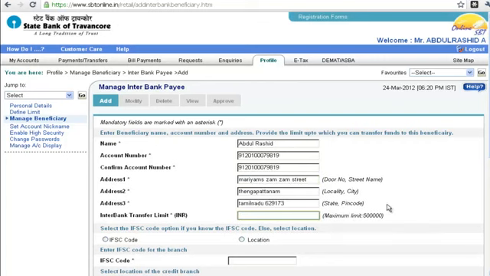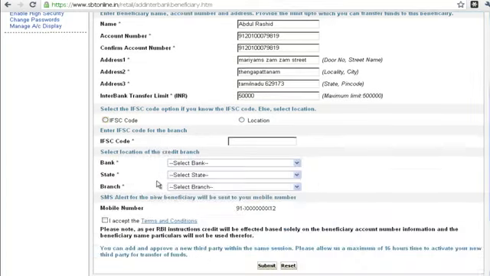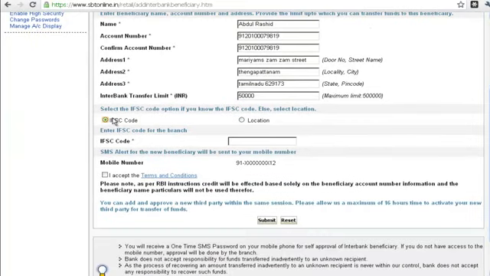After entering the address 1, address 2, and address 3 fields, you can set the maximum limit of the amount to transfer. Right now for my account I am entering 50,000 as the maximum limit. You can change the limit later.